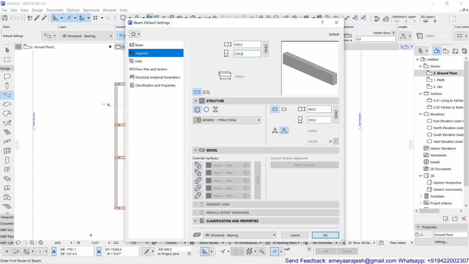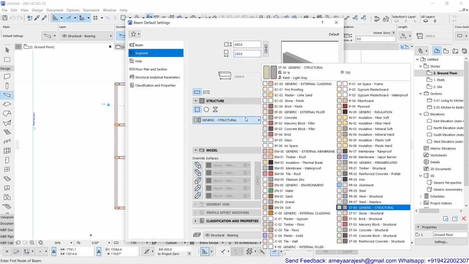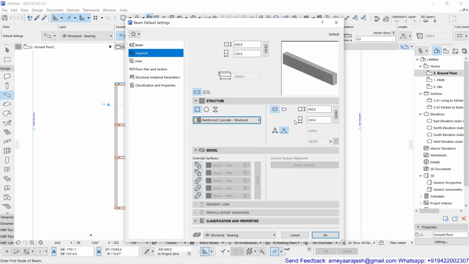So you actually have three options: either you can use the rectangle, circle, or a complex profile. And as by default it was the rectangular option as a profile, hence the settings which we have done were 450 and 230. Anyway, you can now choose the correct building material. After that, if in case your beam is tapered in its size, then you can choose this option. Otherwise you have a uniform size, which we'll go for. No other changes over here because the same settings are there.